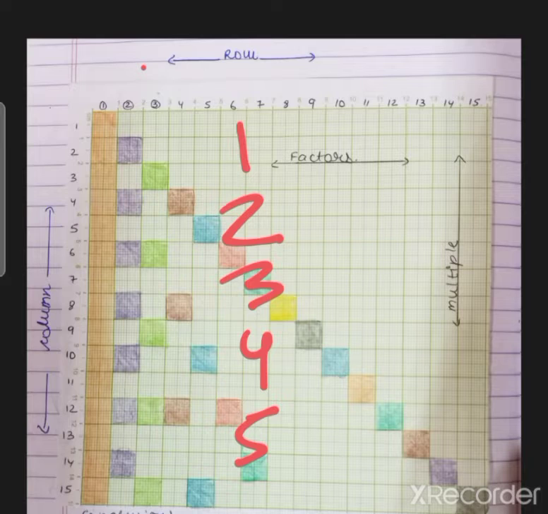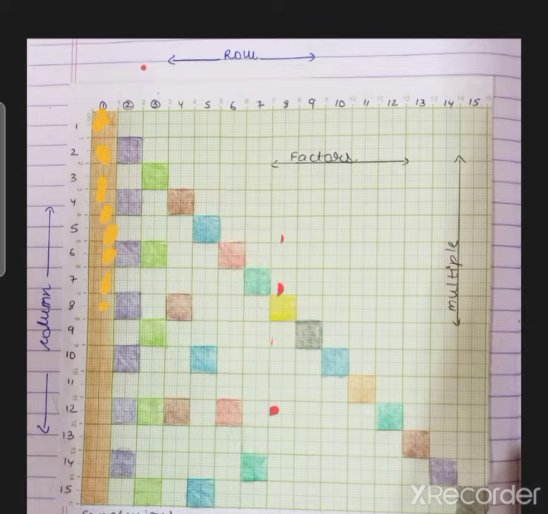Similarly, in this whole graph we have to color the multiples, right? So now let's come to the 1. As you can see, 1 ones is 1, 2, 3, 4, 5, 6, 7, 8 and so on. If you will see, you will notice that 1 comes in every number's table. That is why we have colored 1. Just look at this. We have colored 1.